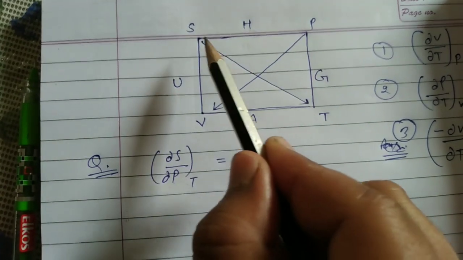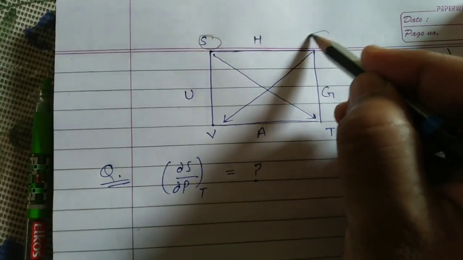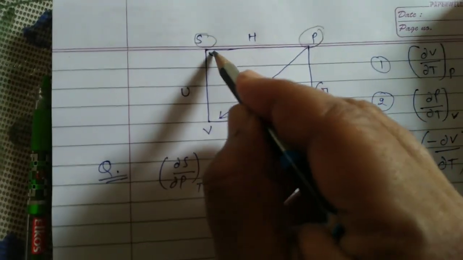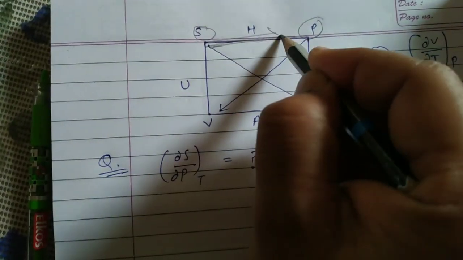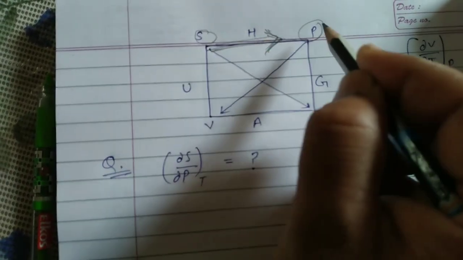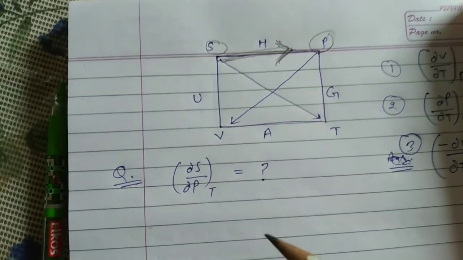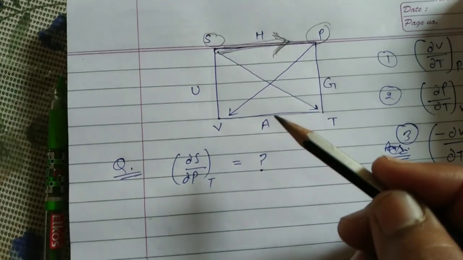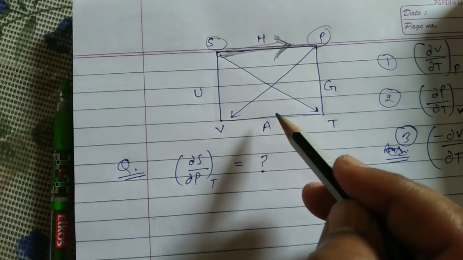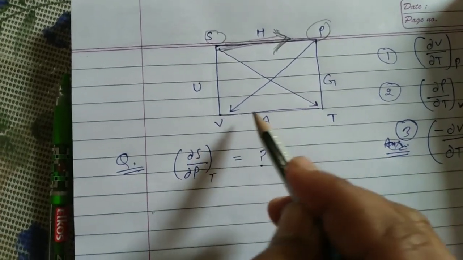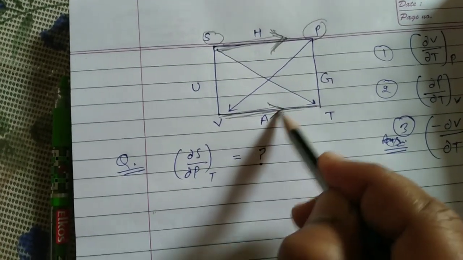So we are going from entropy, this is entropy, and then pressure, and then temperature. So we are going from entropy to pressure, and then to temperature. Understand? The next rule is that we have to choose the line just opposite to the drawn path. So this is the line opposite to it, and we have to go in the same direction. Means we have to choose this path, and we have to go like this.